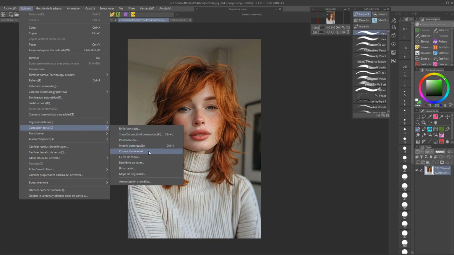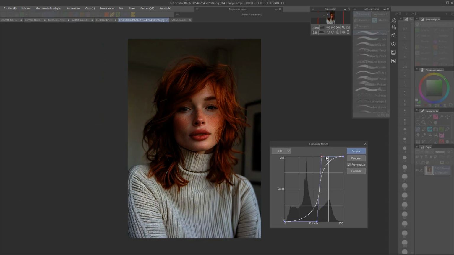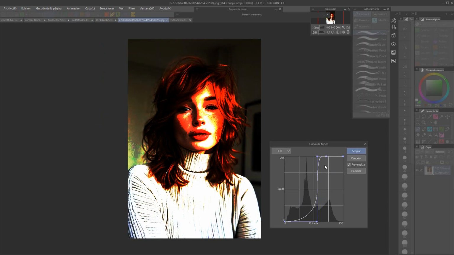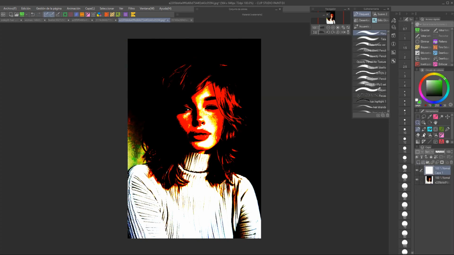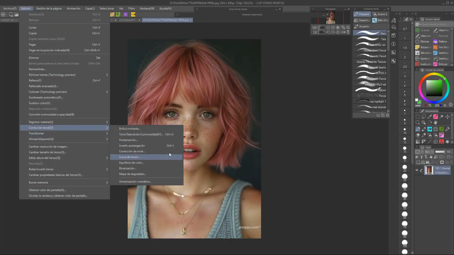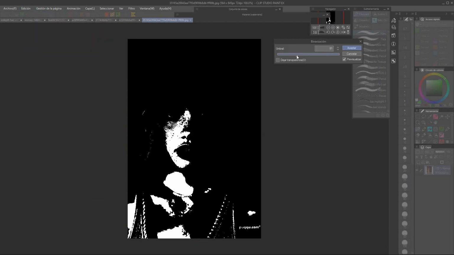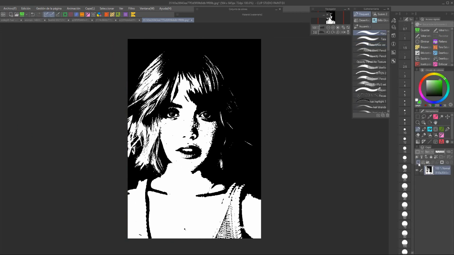On Clip Studio, for example, we could go to Edit, Tonal Correction, and then choose curves or levels or posterization. Pretty much any of these filters will do the job. And what you want to do is somehow max out both the light and shadows to create a very exaggerated contrast. This will help you spot the difference between the two of them more easily.